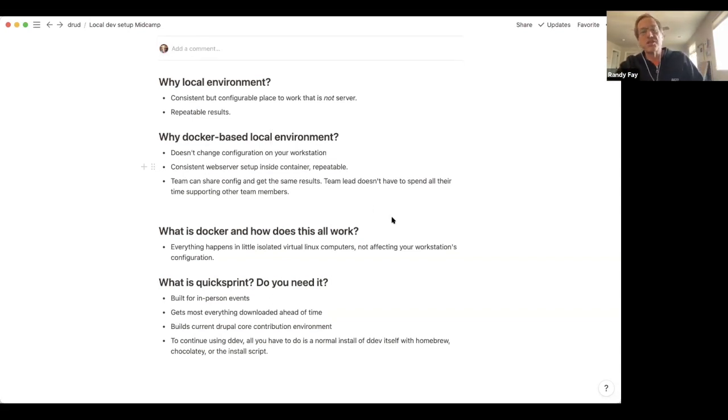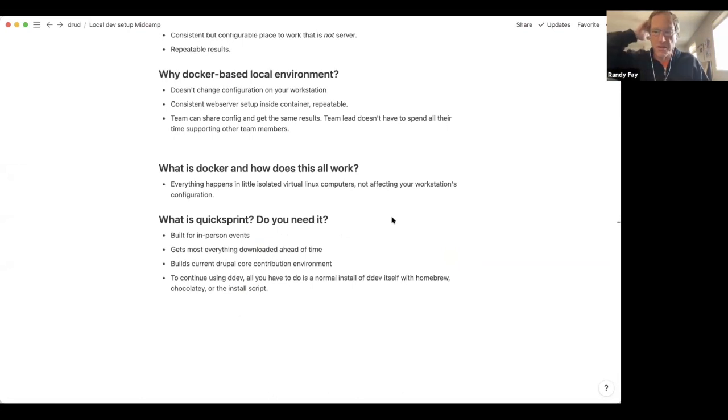So now the next question is, all the cool kids are using Docker-based local environments now. So almost everybody is using DDEV or Lando or Docksal, which are all three wrappers around Docker Compose, which is another wrapper around Docker. There's all kinds of great reasons for it, and I know that several people here have been using VirtualBox or Vagrant with VirtualBox, and it was a time-honored thing.